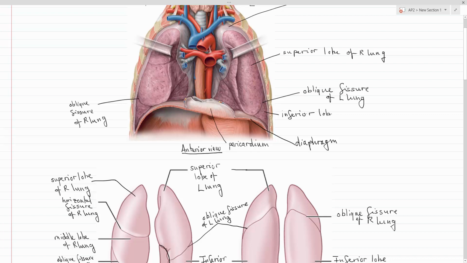So inferior lobe of left lung, and there's the inferior lobe of the right lung. This is the middle lobe of the right lung, and here's the superior lobe